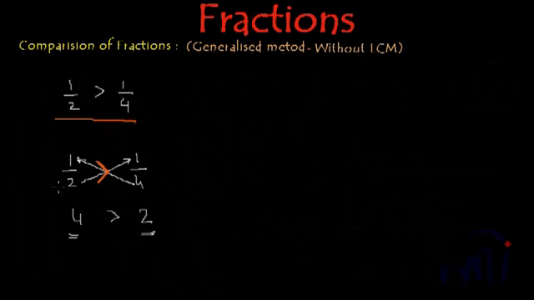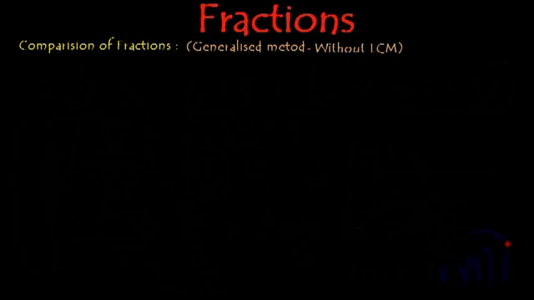Here we knew the value and then we followed this method of multiplying numerator and denominators and then we found this result. Now I'm going to take one more example where the comparison is not this easy. So the fractions I am going to write are 3 by 5 and 5 by 7. So these are two fractions. First we will compare them using this new method, which is without finding their LCM or without finding their equivalent fractions, and then we will check our result by finding their equivalent fractions and comparing them.